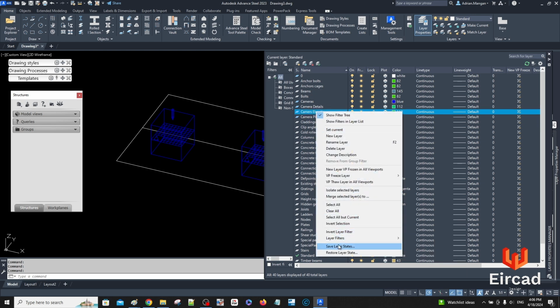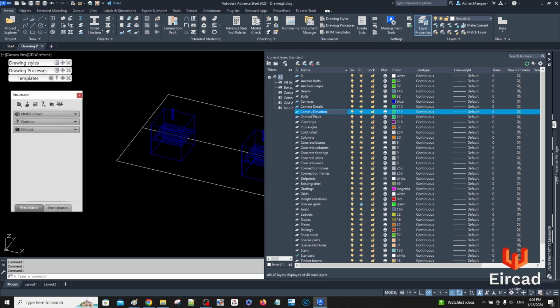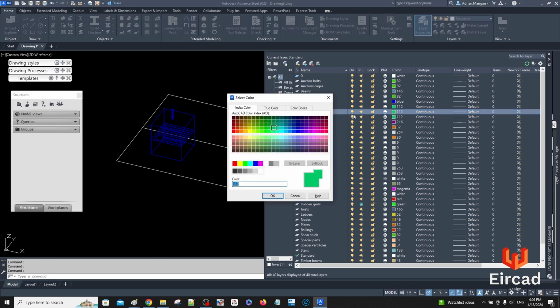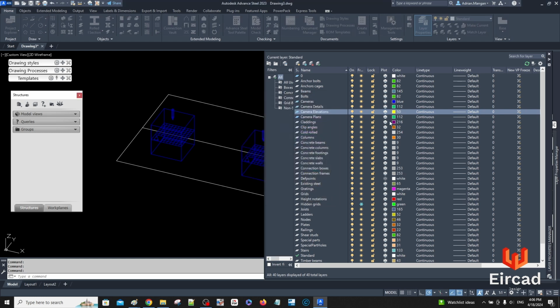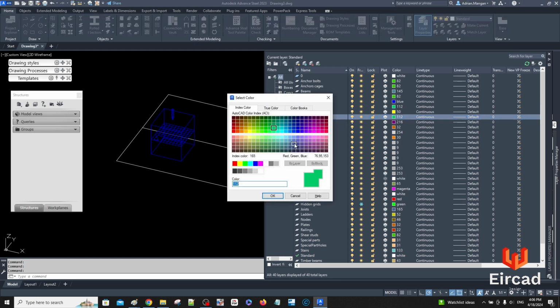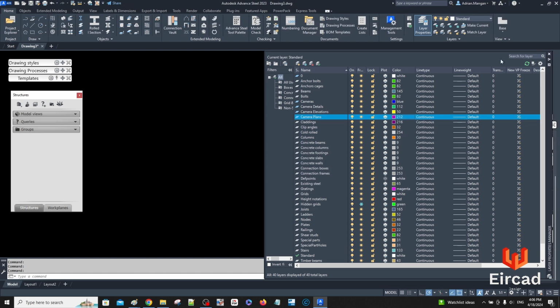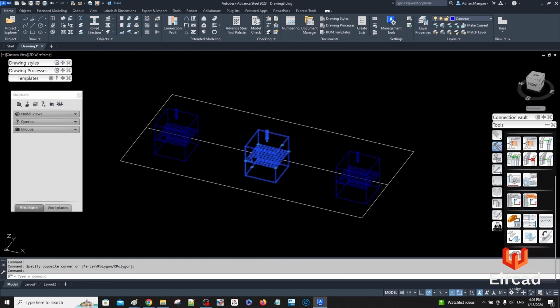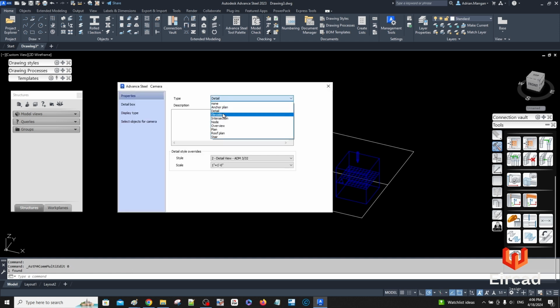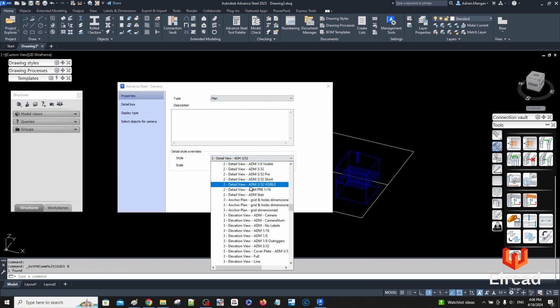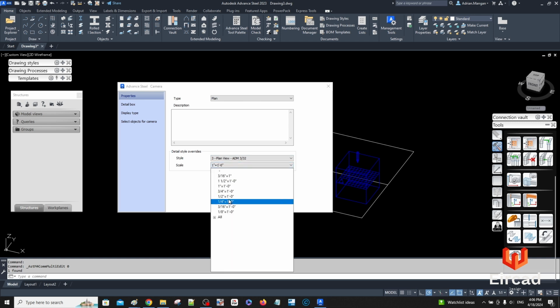Plans. Rename the layer. Camera elevations, or it'll bother me. Alright, so my elevations will make them yellow, and plans will make maroon, I guess, or some type of maroon. Alright, so this one here, probably if it's going to be a plan view, we're going to make this a plan view. We're going to come in here, make this plan 30 seconds, and this is going to be smaller,